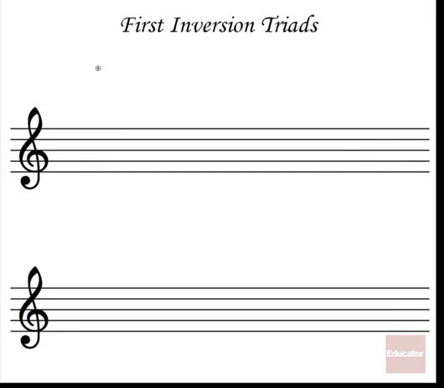Okay, first let's derive some first inversion triads. Let's start with a root position chord like the ones we've been working with up till now. So I'm just going to write a C major chord here. And when we talk about inversions, what we are concerned with is what note is in the bass voice of the chord. So here we have what we call a root position triad,